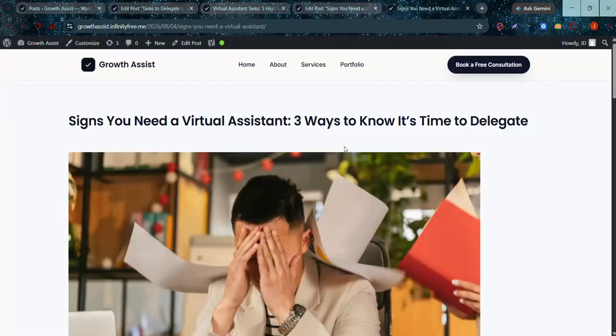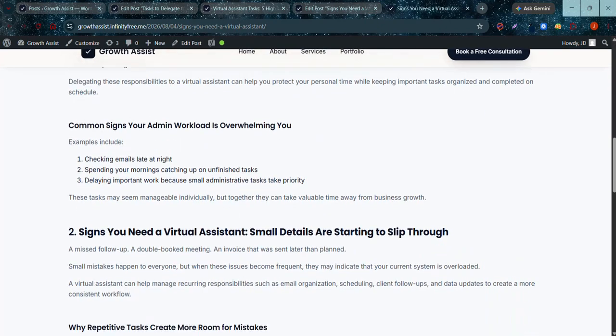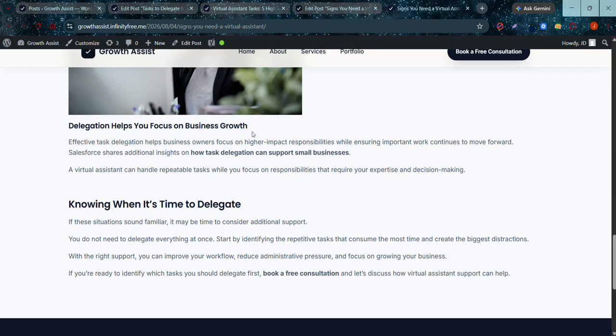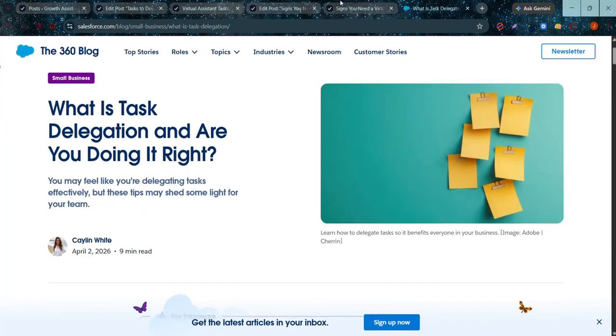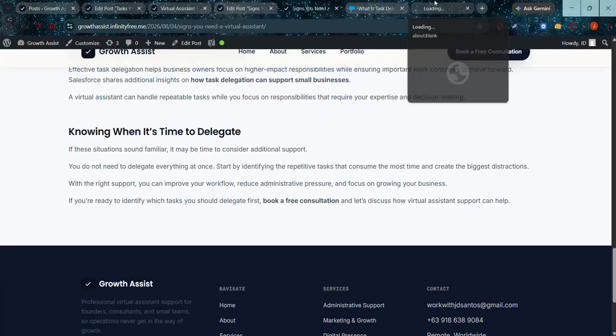Here in the view mode, as you can see, this is how the blog post now looks. When you go to this line, you can hover over it and click on it, and it will go to a new link or the article that is attached in this post. So this is the external link, for example. And for the internal link, this is the internal link.